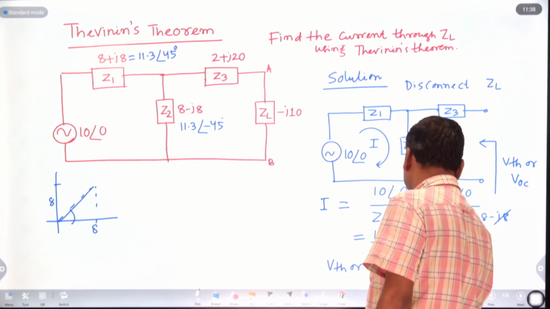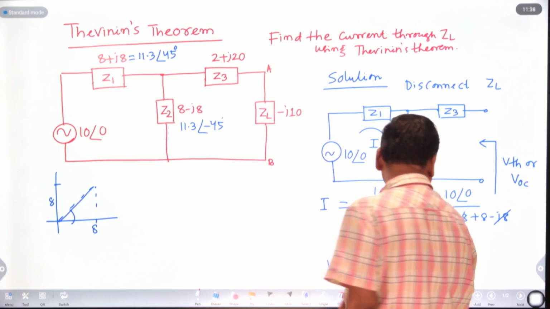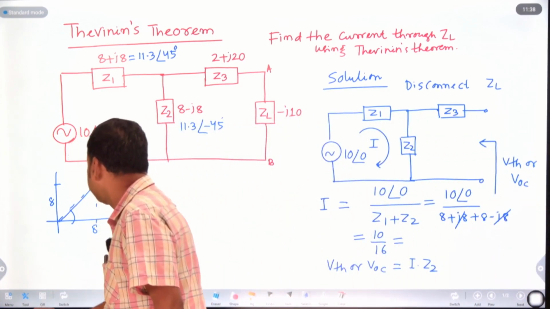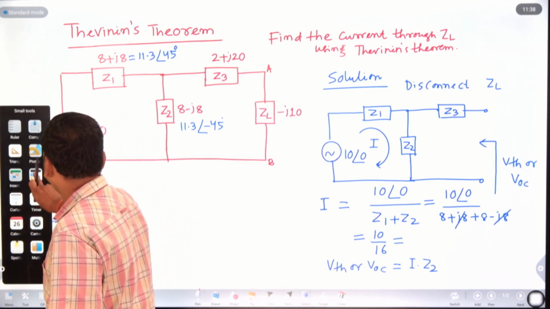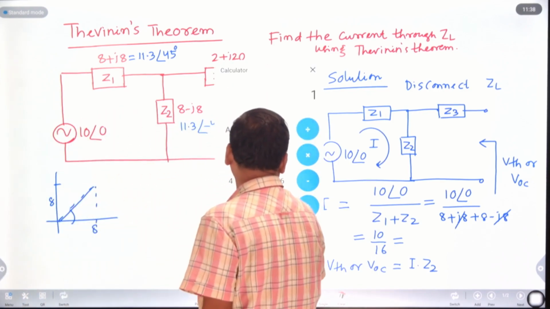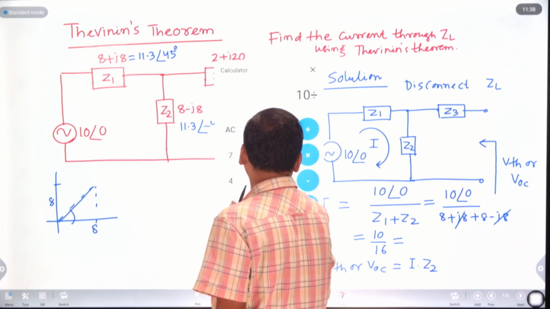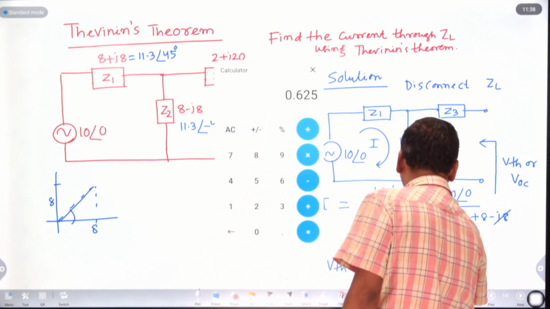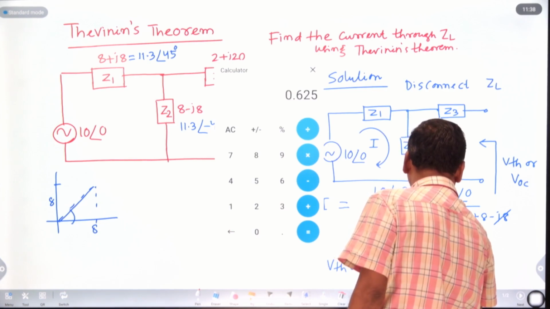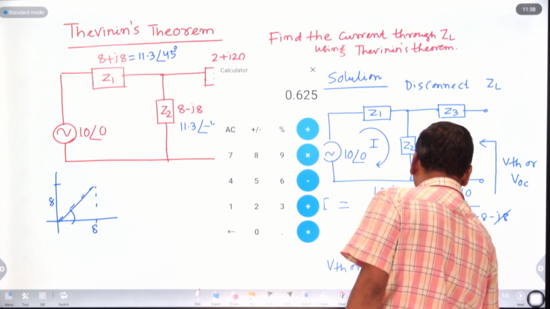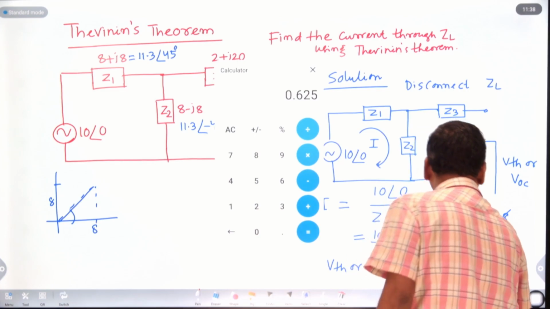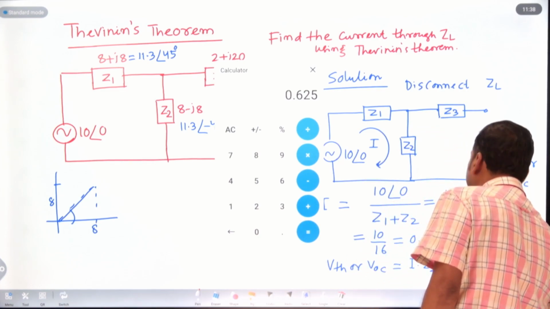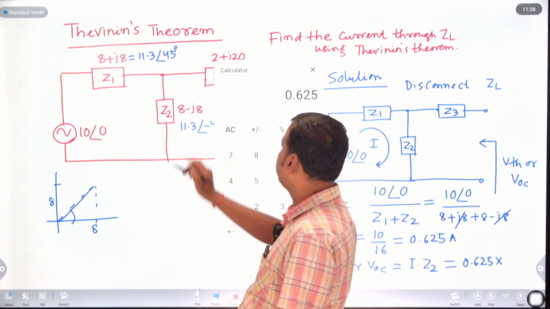So 10 by 16, it is around what? 10 divided by 16, it becomes 0.625. So 0.625 ampere, and VTH equal to, this is your I, 0.625 into Z2, here the angle is 11.3